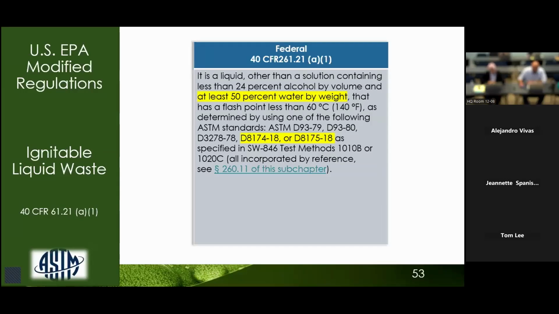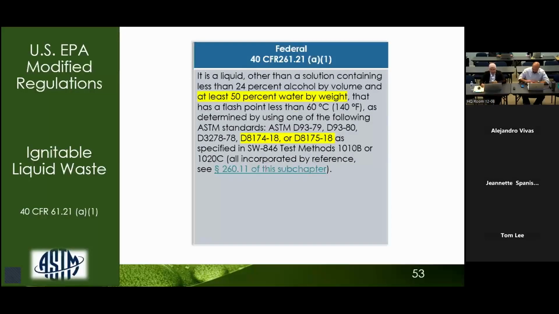DTSC is also recommending that California adopt both of these updates. So, along with adding the two new test methods, DTSC is recommending to replace the term aqueous solution with a more specific term, at least 50% water by weight. This threshold ensures that only solutions that are mostly water-based qualify for the exclusion, which reduces fire risk by diluting the alcohol content. We have covered both of these concepts in detail, and adopting them would streamline our regulations, keeping them aligned with federal standards and up to date with current science.